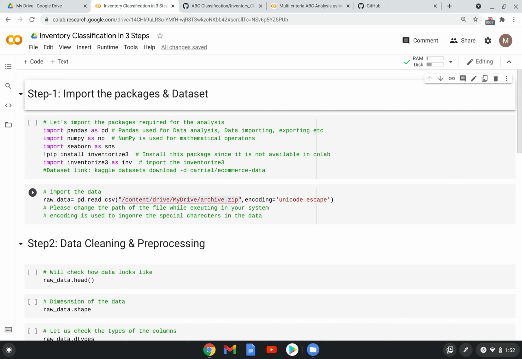For example, if you have a smaller data set, let's say 1 lakh or 2 lakh sales transactions, in that case, you can use Excel or Google Sheets to do this ABC analysis. But when you have a data set which is more than 10 lakh crores, in that case, you cannot use Excel or Google Sheets because they'll hang up and they won't work.